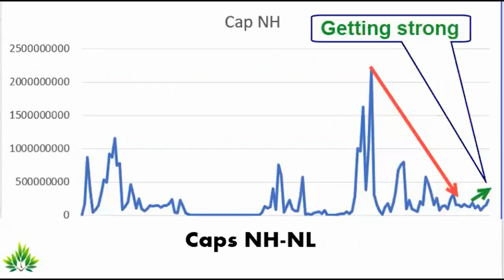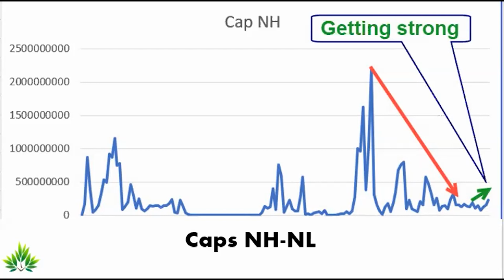Next, we go to CAPS NHNL. Here we look at who is leading the new highs. If it is big businesses that are leading, then the strength will continue. Instead, if smaller companies are leading on the new highs, it will not support a big upside in the stock market. Currently, even this indicator, which had a very high weakness, has turned up at the right edge. The red arrow indicates that as the market kept moving higher, we registered a lower value on the new highs. Now that is broken. The green arrow shows we have broken the nearest highs and the stance is getting strong.